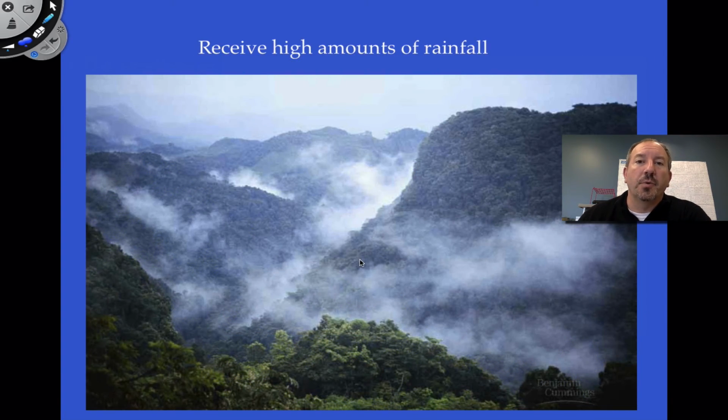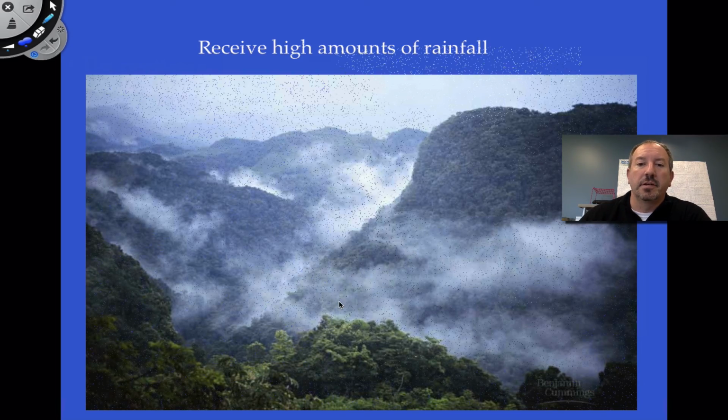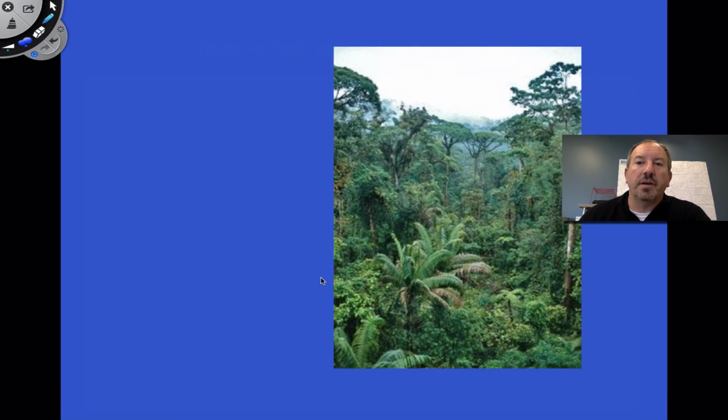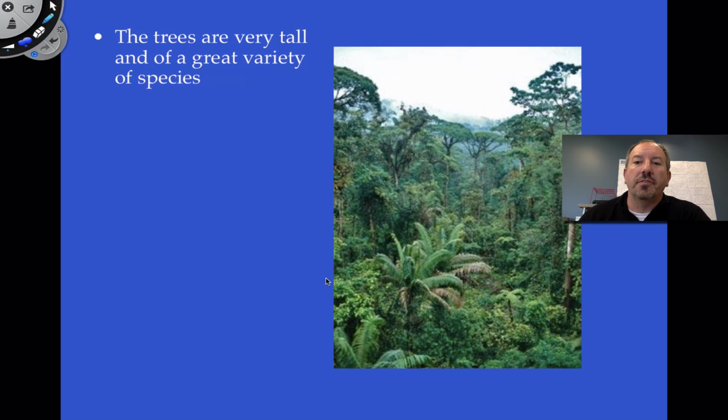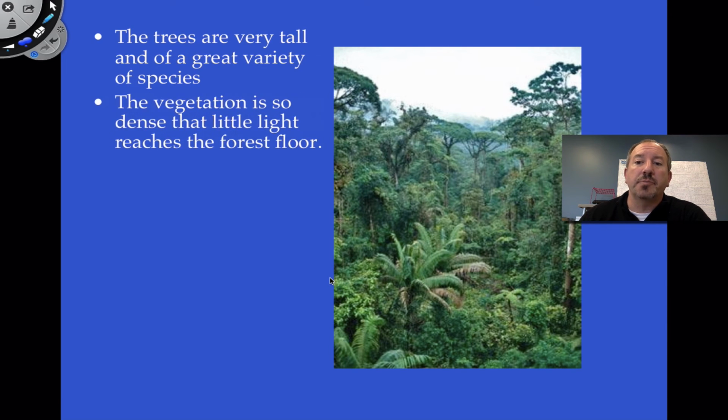And so one of the things about the tropical rainforest, obviously, is that it rains a lot. There's a tremendous amount of precipitation. You get these amazing amounts of clouds forming. And it's very much like a bathroom or a steam after a hot shower. It's very steamy. It's very moist and hot. And so there's rapid decomposition. There's a tremendous variation of animals and plants.